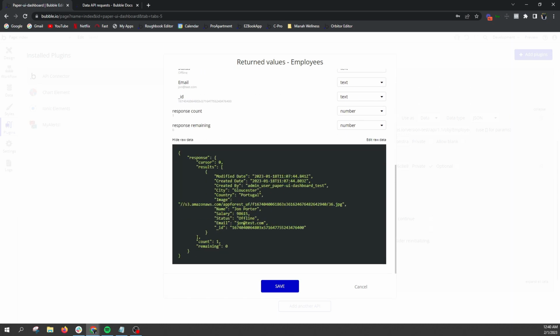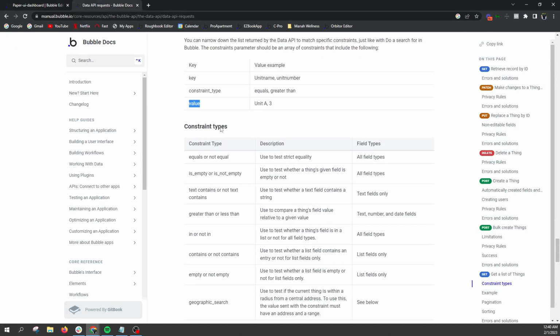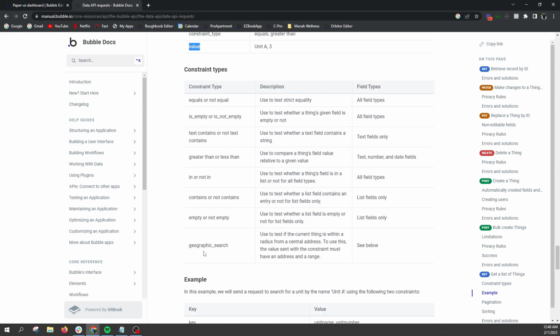So it has given me one response. That response is just of the user who equals to John Porter. We can add as many constraints as we want since this is an array. It is mentioned in the documentation. These are the types of constraints. We can access our own Bubble database as well as any Bubble database